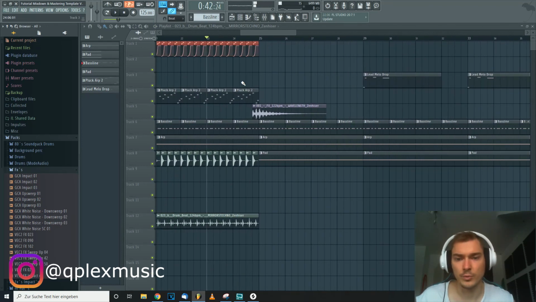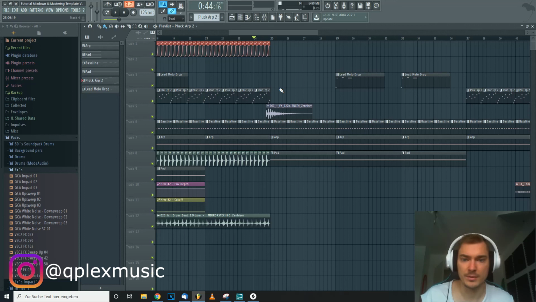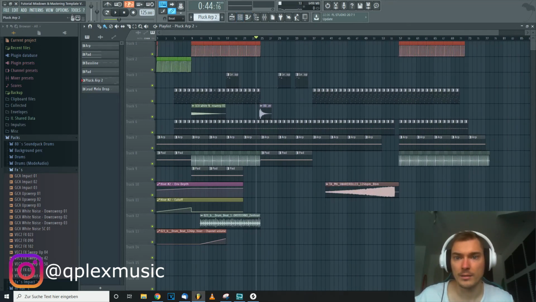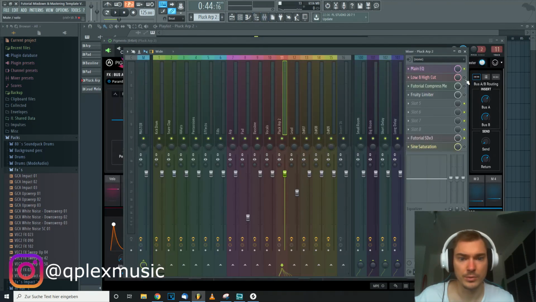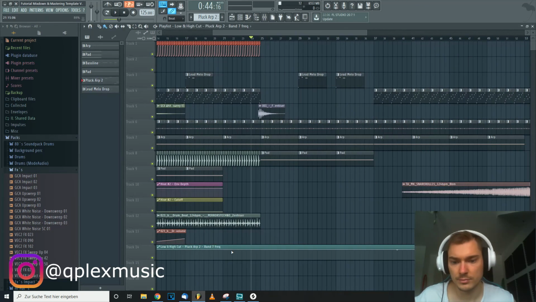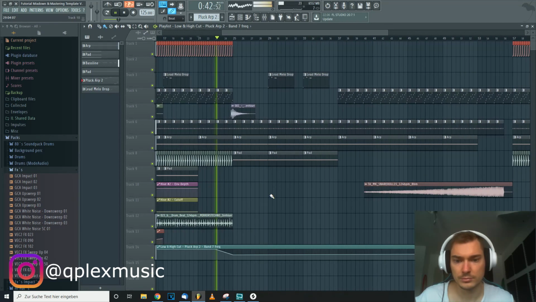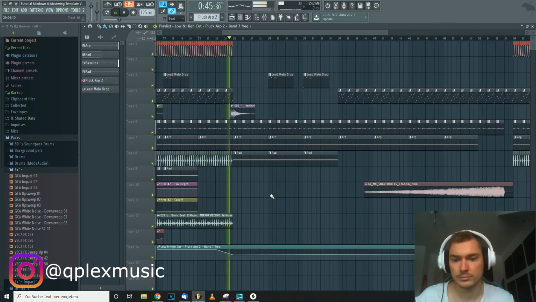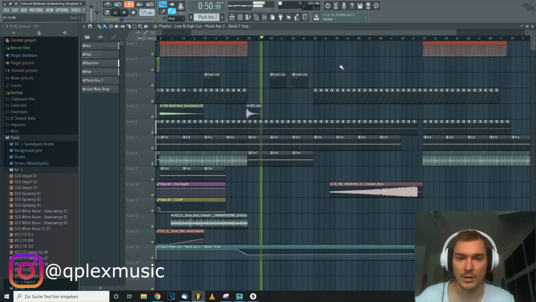In this case, so that we have a smooth transition, I would go here. Here I would put the arp a little bit. Let's see if we can have it here. I would put a high cut filter on it for this one here. You can make it even smoother, I know, but